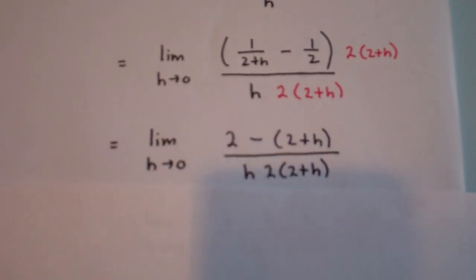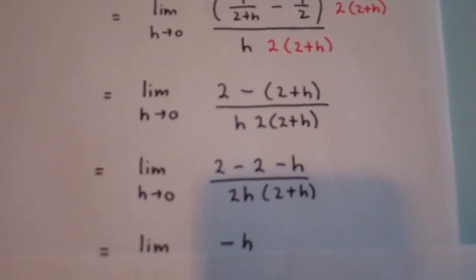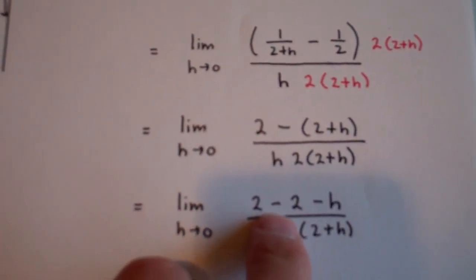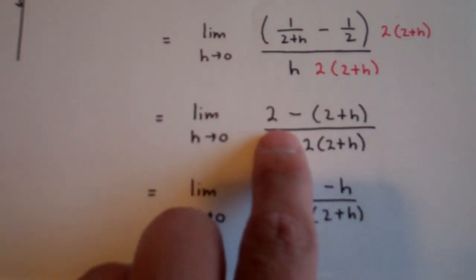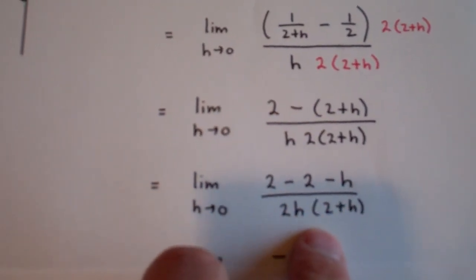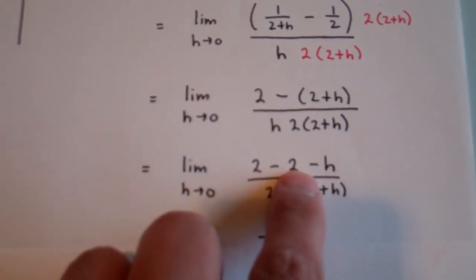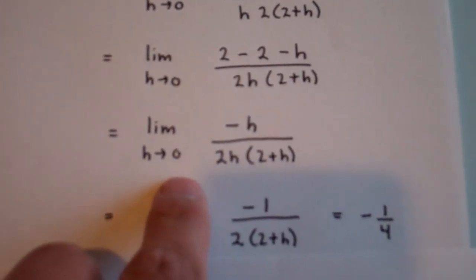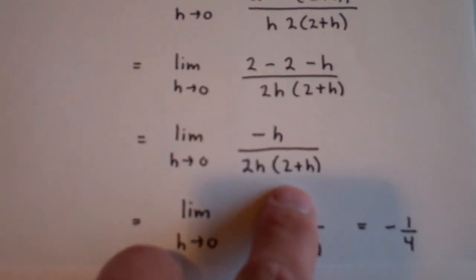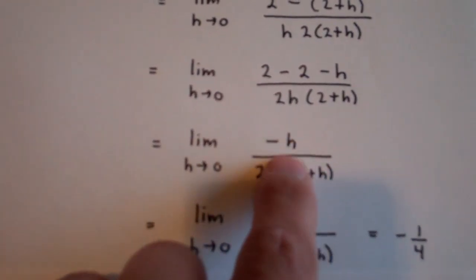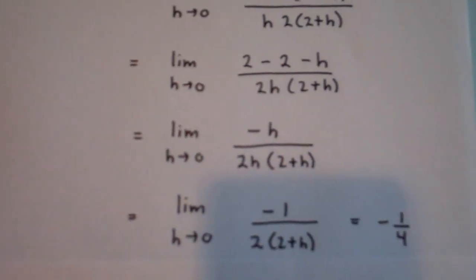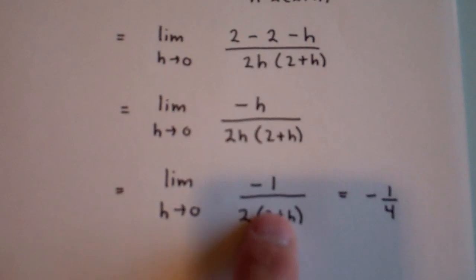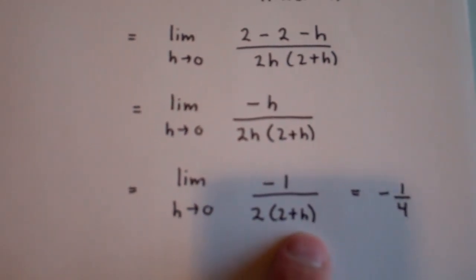And doing the arithmetic and algebra on the top, you'll end up with 2 minus 2 plus h, which of course is 2 minus h. Remember, the minus sign distributes. And 2 minus 2, of course, is 0. So we now have the limit as h goes to 0 of this fraction. And the h's cancel out real nice. Leaves me with the limit as h goes to 0 of negative 1 over 2 times 2 plus h,